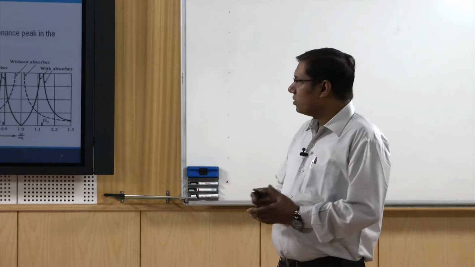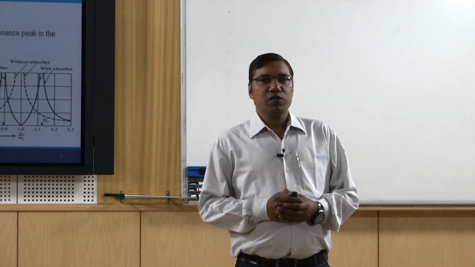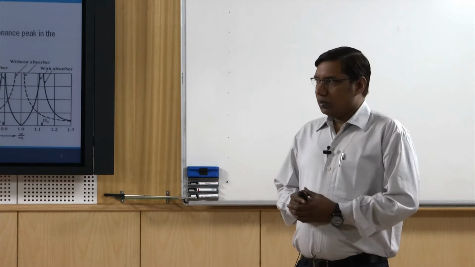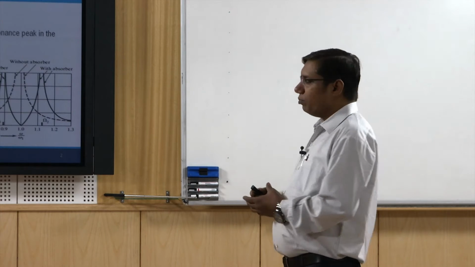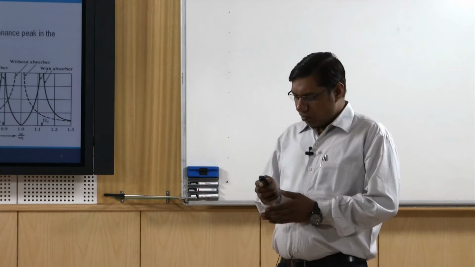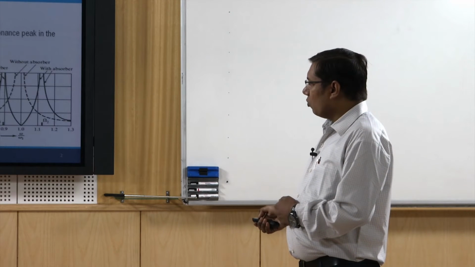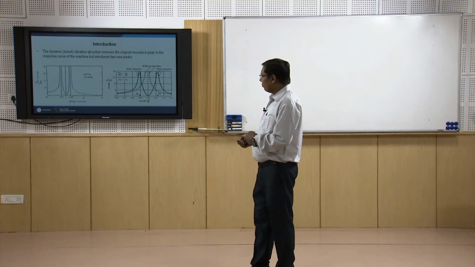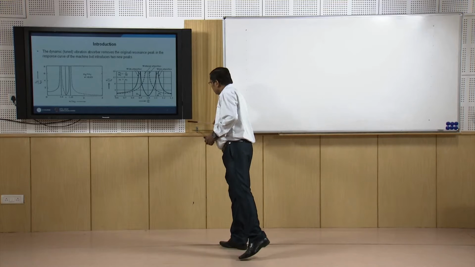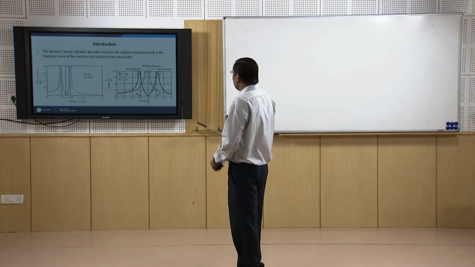Now, the problem with the undamped vibration absorber is that it works at only a particular frequency, because it is tuned at that frequency. Moreover, when we introduce a dynamic vibration absorber, the system becomes a 2-degree system, and therefore it has 2 natural frequencies. So, for example, if we have earlier omega by omega 1 equal to 1, now we have these at 0.8 and 1.25. These are the 2 natural frequencies, and we can see that